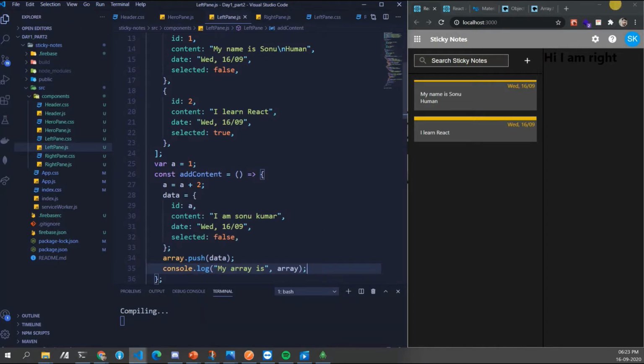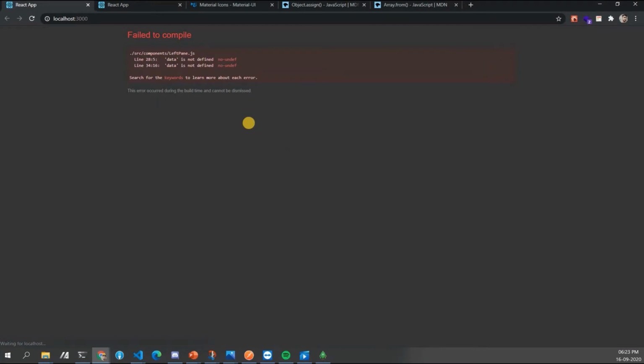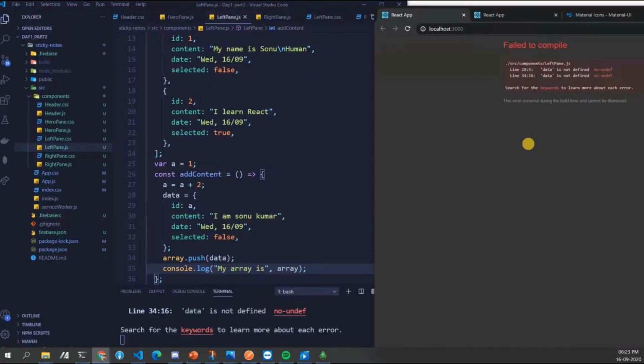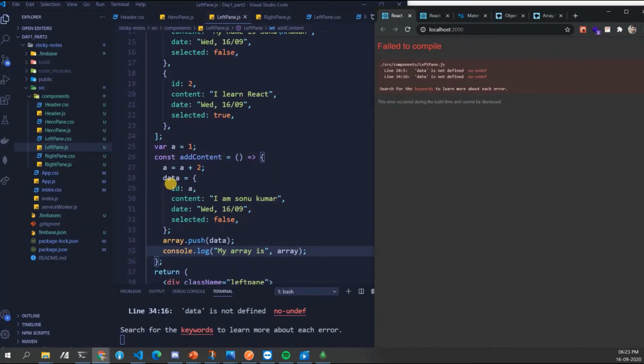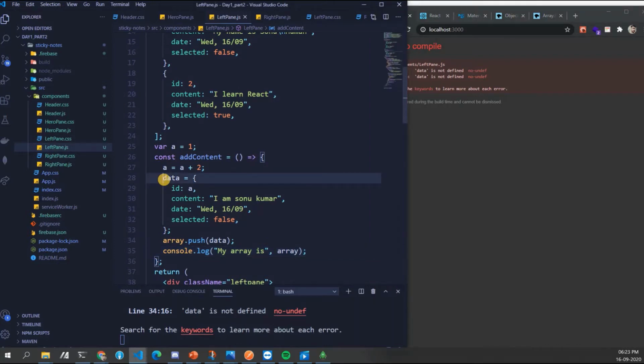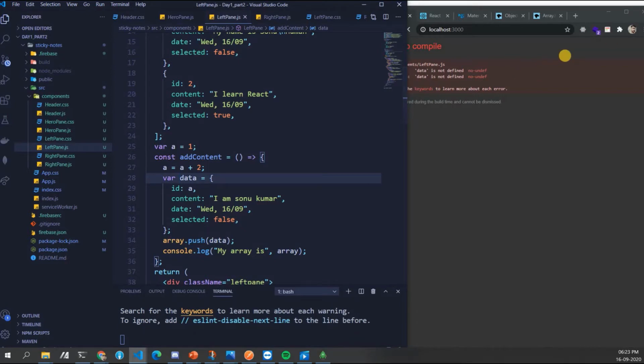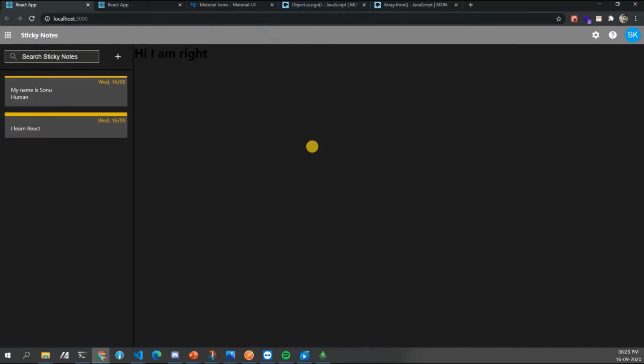It displays your data in the console. Wow, nice. So you have to define it as a variable so that it will work.